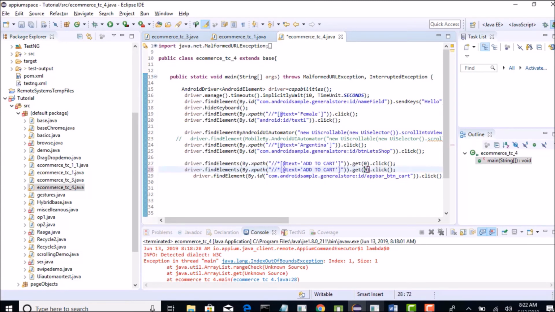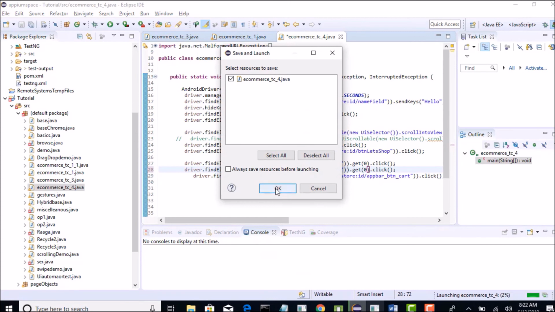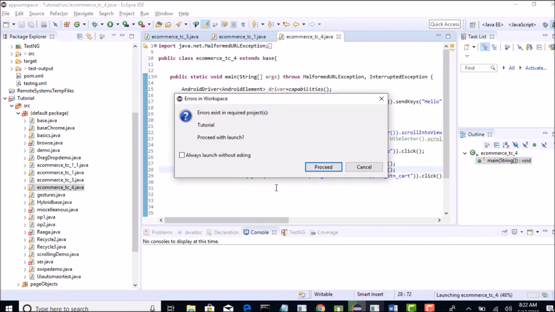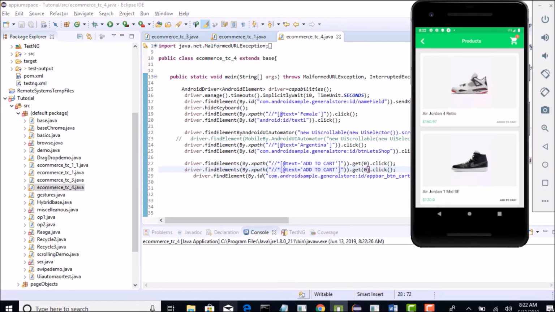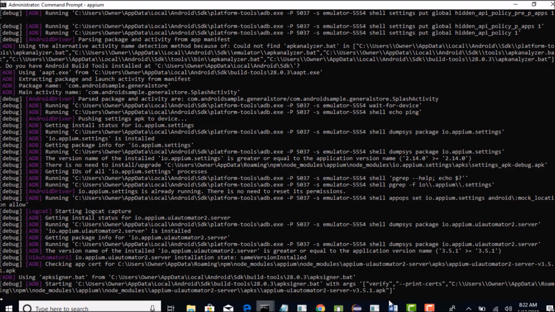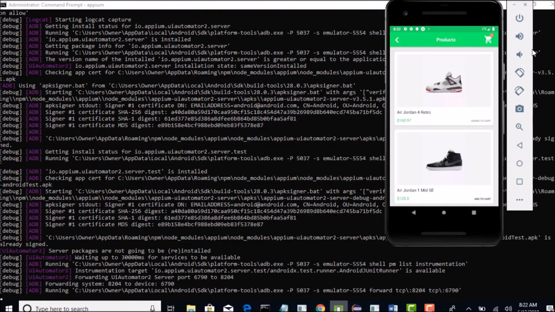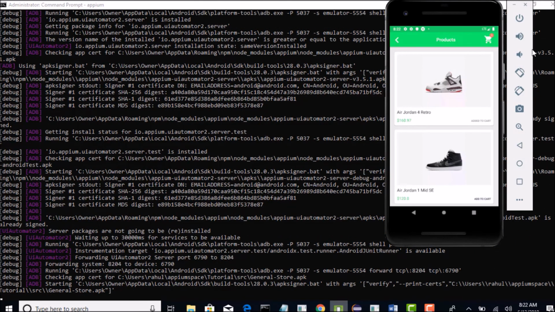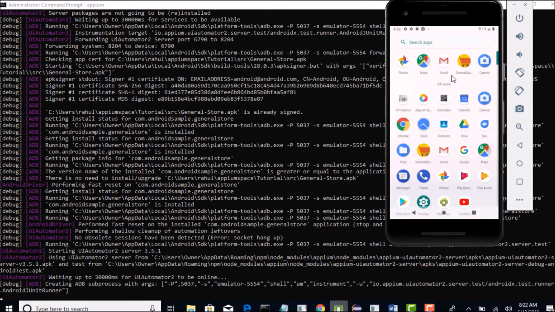Now it will work. I have changed 1 back to 0, and let's try this program again, and it should take us safely to the last page. Let's see. So in my view, e-commerce apps are the most complicated apps or websites. If you can understand this, you can automate any app.